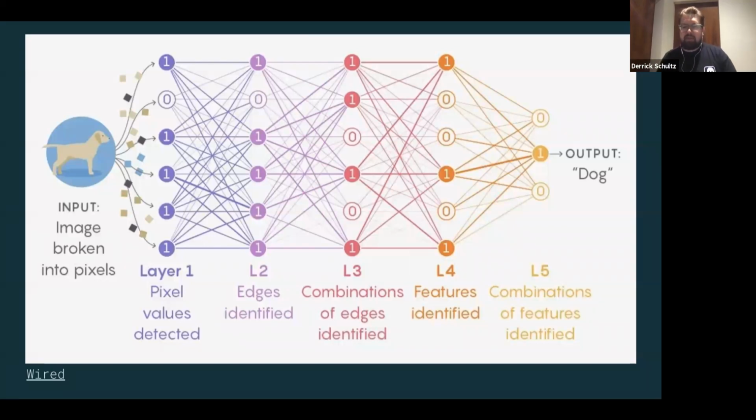So in the case of images, this is a classification model or a discriminative model. In the case of us trying to figure out if this is a dog or a cat or what type of dog it might be, the way this works is that it converts all of these images to pixels. It then combines some of those pixels to figure out edges. So maybe it figures out the way the tail is shaped, the way an ear is shaped, or just straight lines. And then in the next layer, it starts to combine those things. So maybe you get this line, a little bit of a curve in this line, and then you start to get a tail. And then you combine those again, and you get bigger and bigger features.